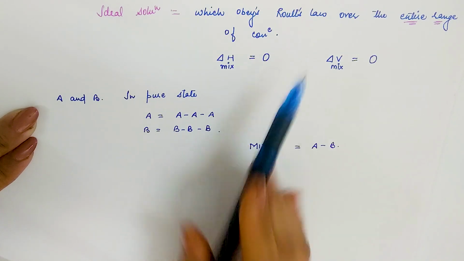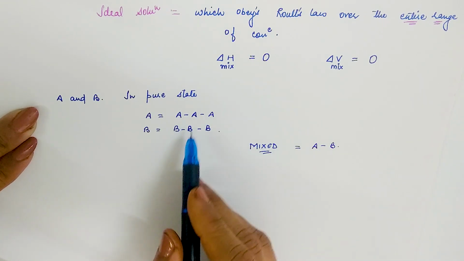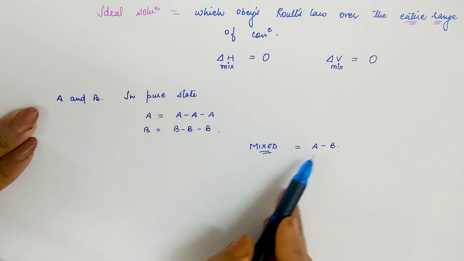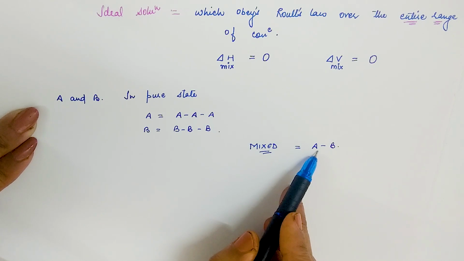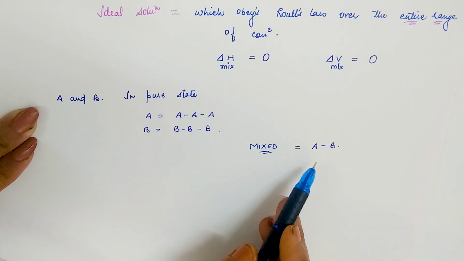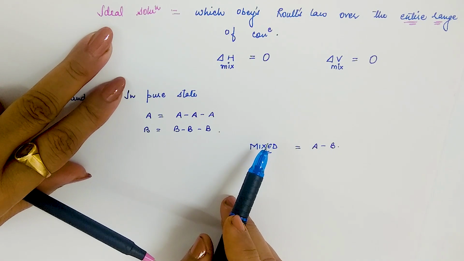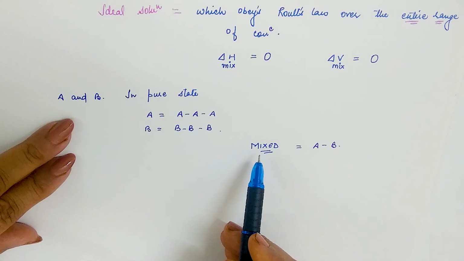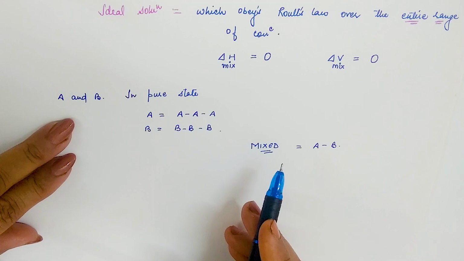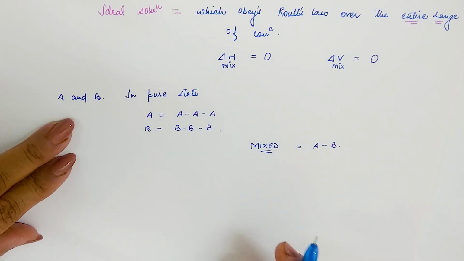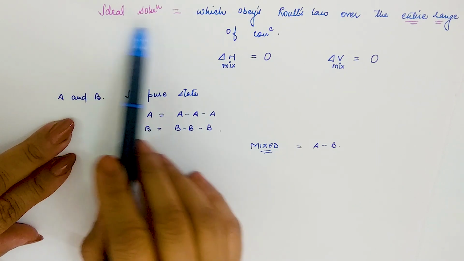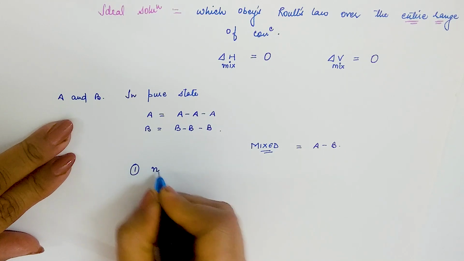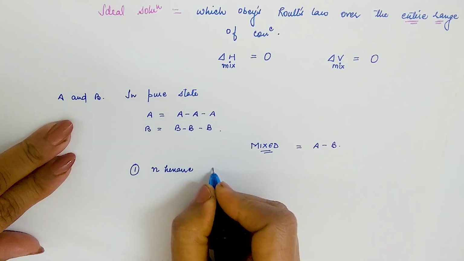Now what Raoult's law is saying is that the force which is there in the original or pure state, after mixing, this type of force is the same. So these forces are to be the same to follow Raoult's law and to be an ideal solution. I said this ideal solution is very rare, but still some solutions we say are following Raoult's law over the entire range and they are considered as ideal solutions. The example which I am giving here is n-hexane and n-heptane.